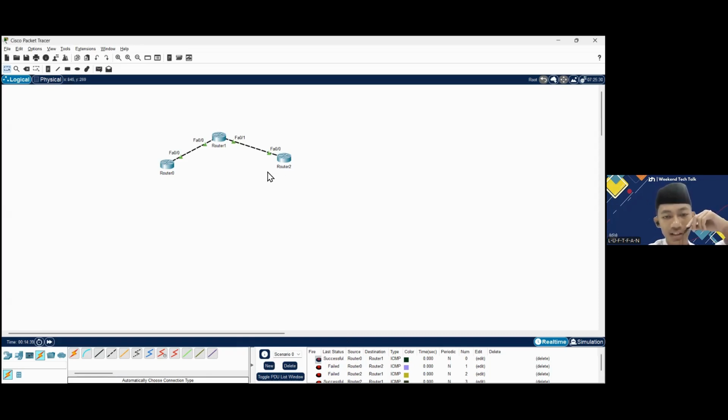Now, in that case, we need EIGRP. EIGRP is needed in this situation to make them all able to connect and ping each other. Okay, now we go to router 0 again and exit. Here we will configure EIGRP on router 0.